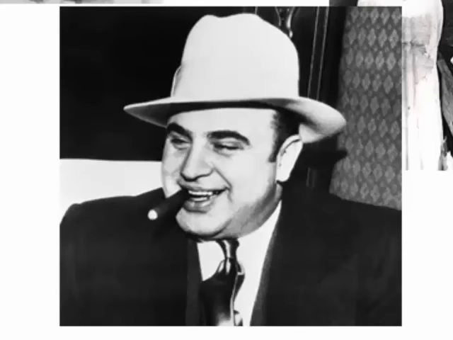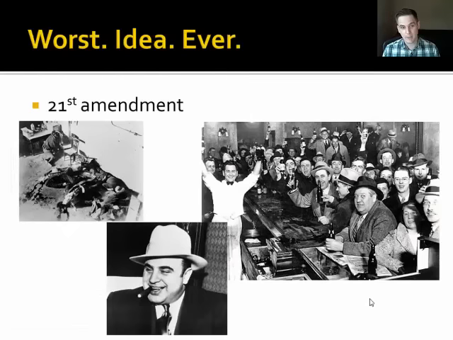Now, this was gang territory. Al Capone ran a gang. So it was violent. People were killed fighting over territories and selling liquor. So finally, in the 1930s, they passed the 21st Amendment because they realized that just because you pass a law doesn't mean everyone's actually going to follow it. And in this case, very few people followed it. So the 21st Amendment actually struck out and drew lines through the 18th Amendment so that it doesn't exist anymore.